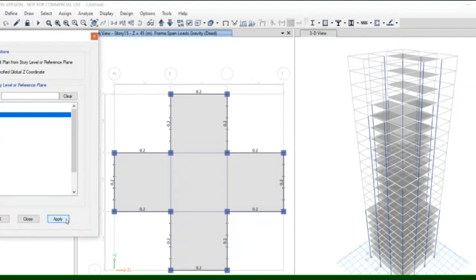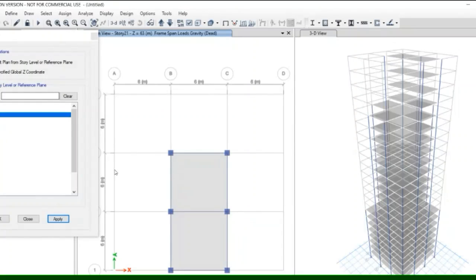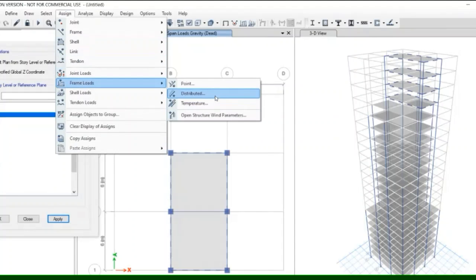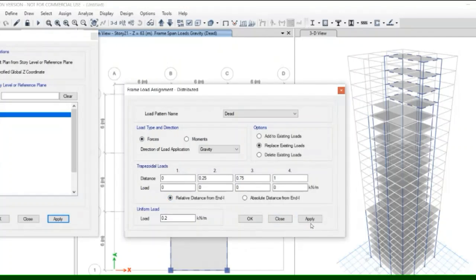Load applied. Similarly, go to above story, select all the exterior beam and apply the same load of 0.2 kilonewton per meter. Here load applied.